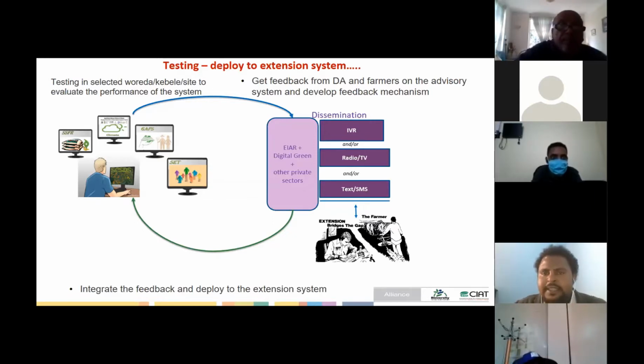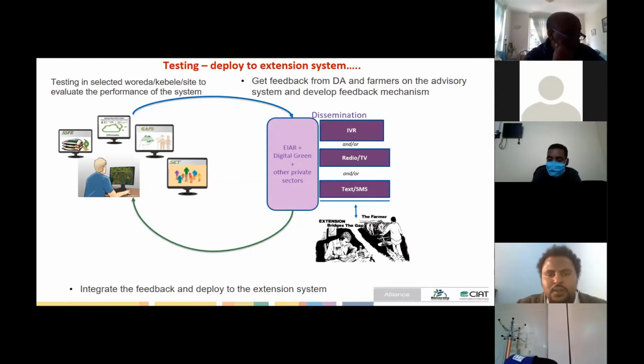Once we do that, it helps us get feedback from the farmers and extension workers, and then we pool that data to revise our advisory system in terms of analysis and revising the tools. So it will be a loop: we improve the system, we disseminate and get feedback, and then again we improve the system and refine the recommendation or the advisory system.